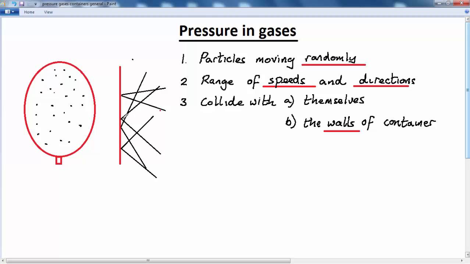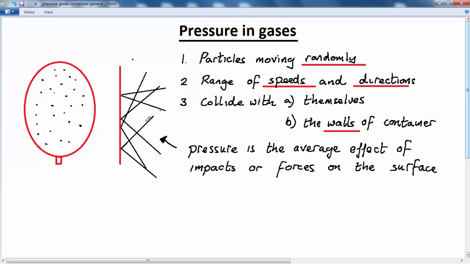Each time a particle collides with the wall, it produces an impact. That's a small force acting on the wall. So the pressure really is the average effect of all of these impacts on the wall of the container. So what we're going to learn in the next two lessons is that this pressure depends on a number of